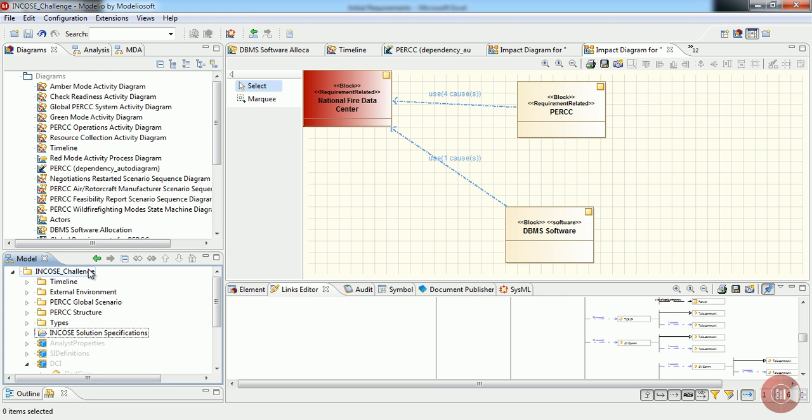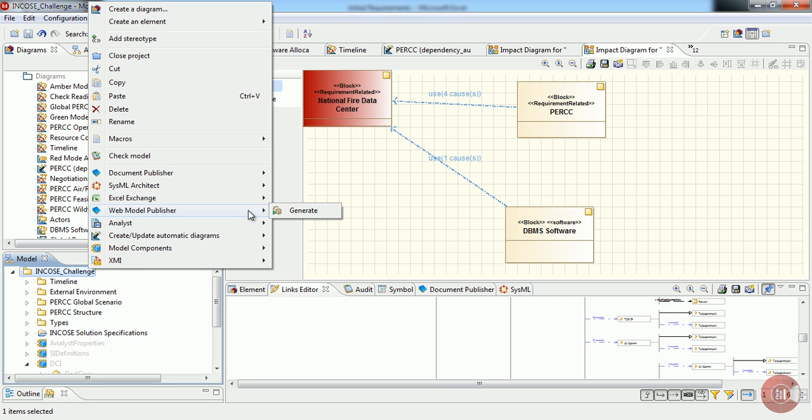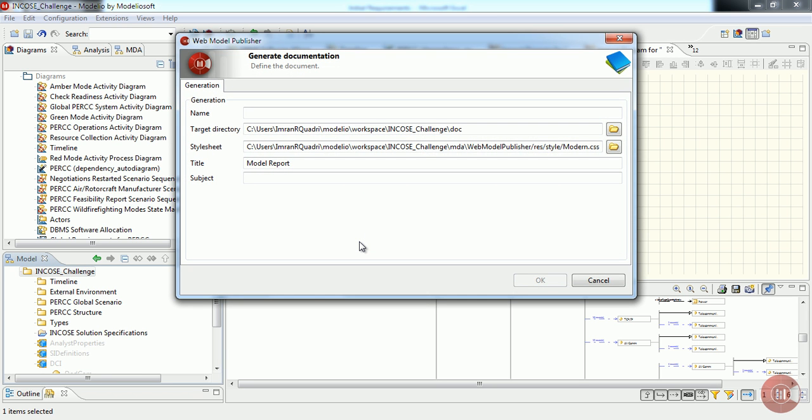I won't go into the document generation aspect, but what I will show you is another feature which is really more interesting, the web designer aspect. So what I can do is create a web model, use the web model publisher, and generate some documentation. Now this documentation is a little bit different compared to the initial document publisher module that you saw earlier, which was static in nature, and this one is dynamic. So here let me just write some detail for the generation of the document, and let's just say okay, I want to create some